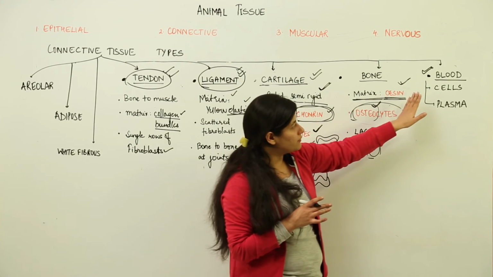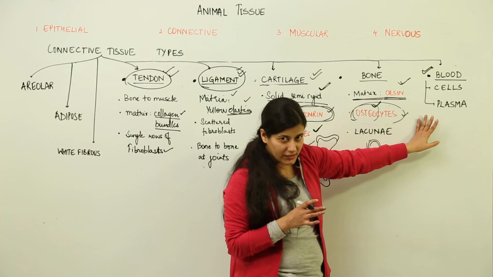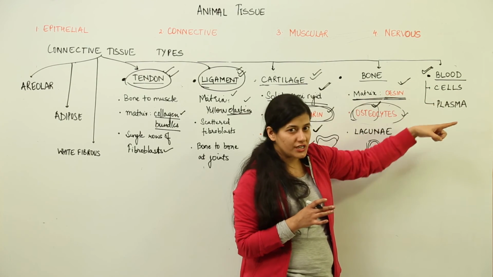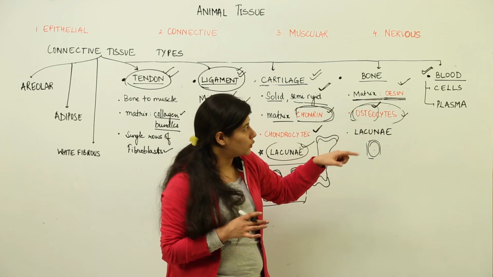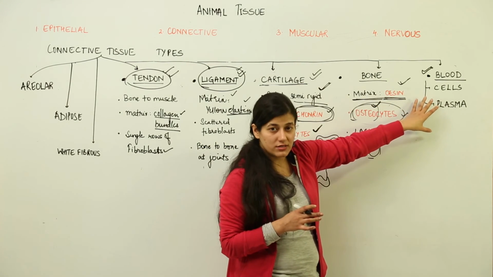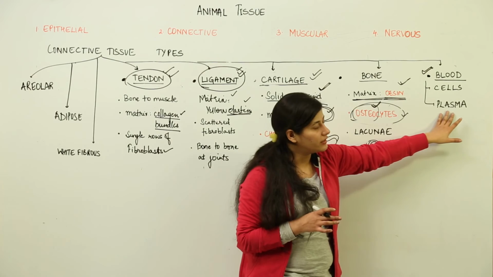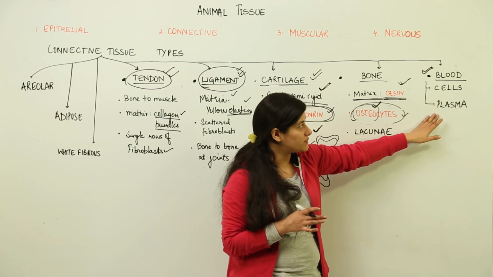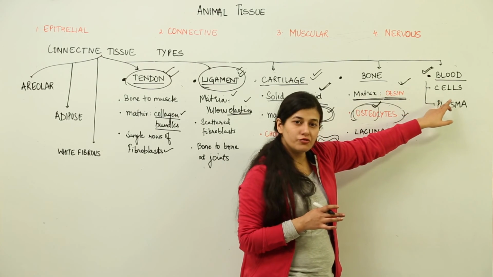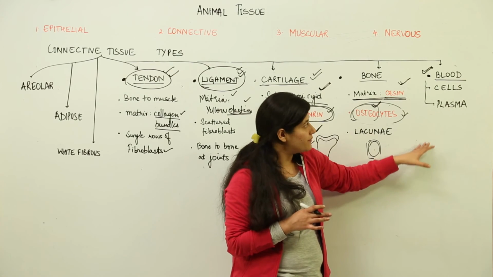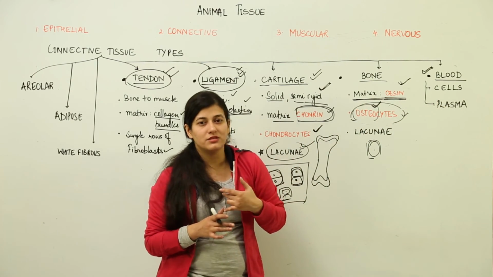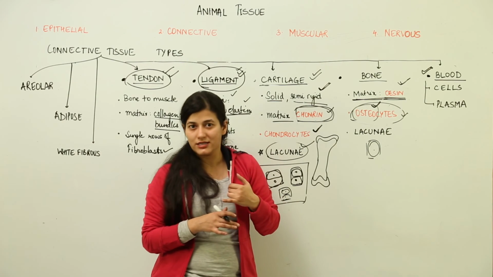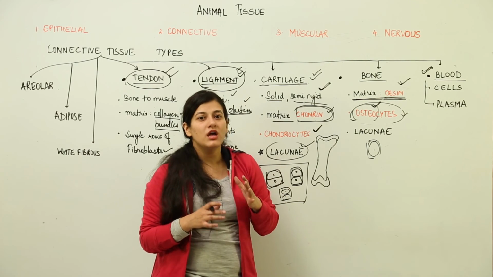Alright, now come to blood. Blood is a fluid connective tissue. Over here, we are not taking lymph into account because lymph is somehow blood's derivative only. Because blood is a connective tissue, it would have a ground substance that is termed plasma, and there would be cells scattered in that plasma. So when we talk about cells, I need not remind you that RBCs are there, WBCs are there and platelets are there, which we have been reading about since childhood.